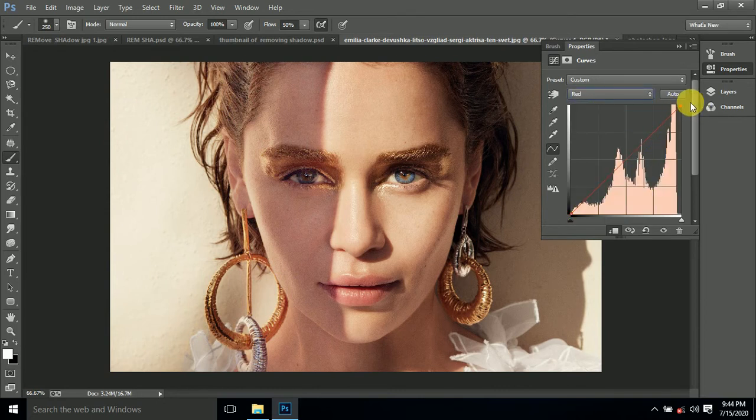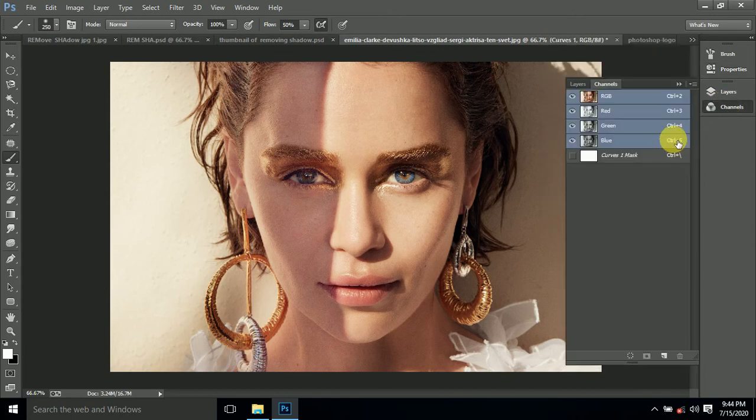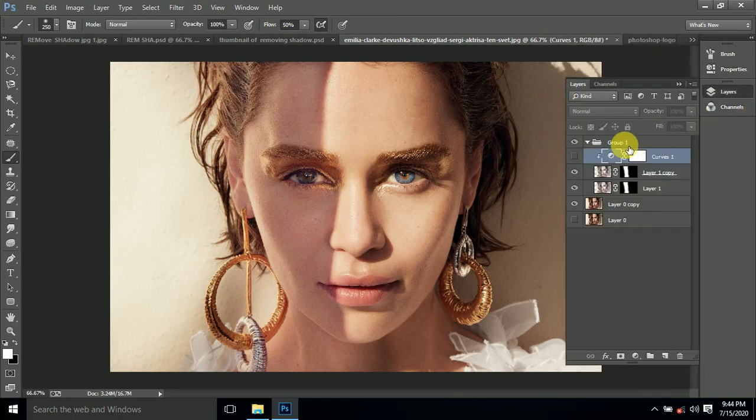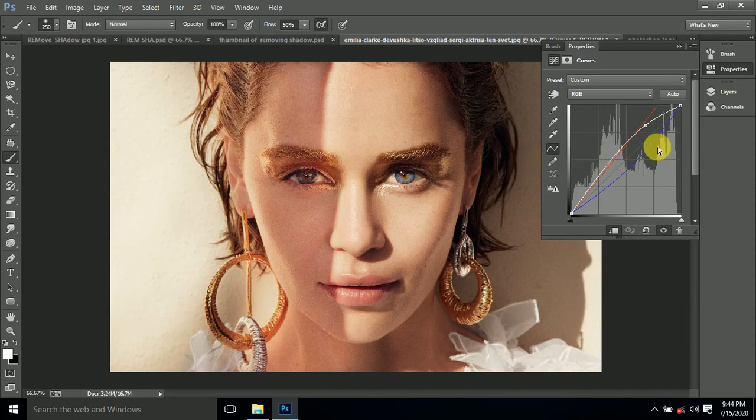Going to the red channel, drag it upside. Click on the red channel and decrease the red.